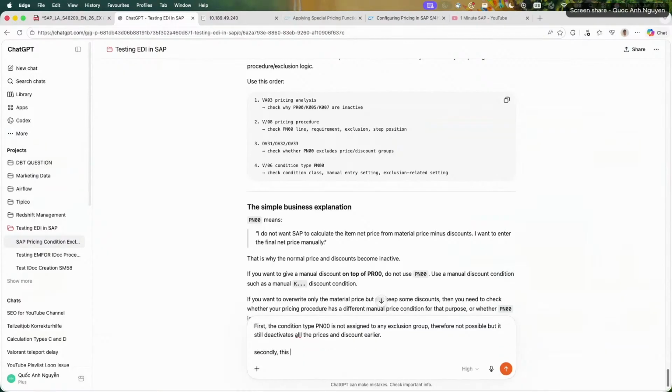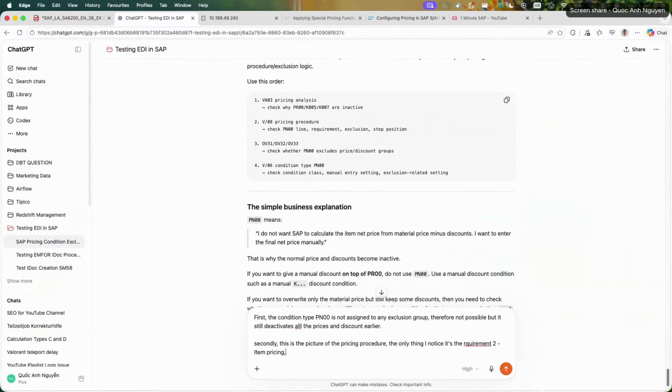Secondly, this is the picture of the pricing procedure. The only thing I notice is the requirement 2, item pricing, to check whether